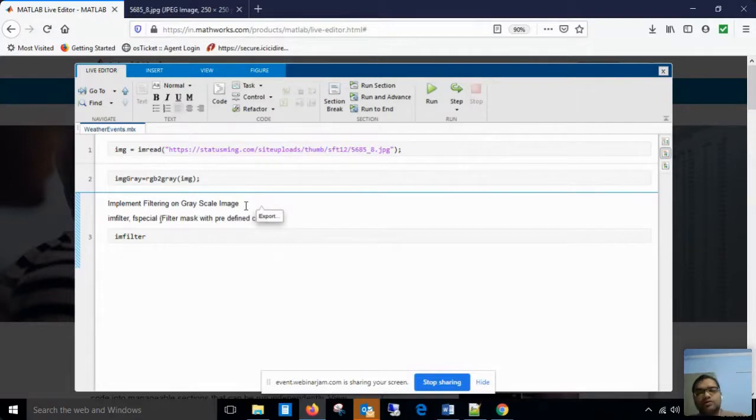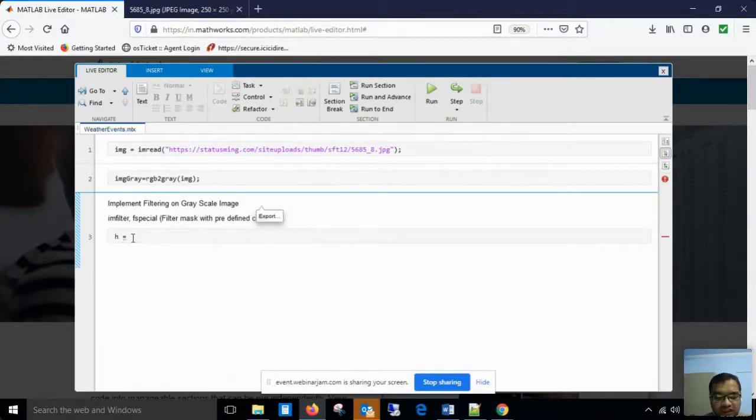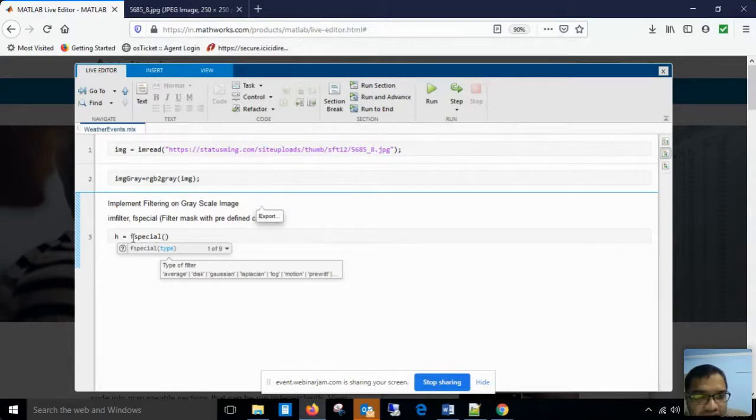So if you want to provide your coefficients, you can also do that, and you can observe the output. How does it look? See what happens. Whenever we talk about a filter in programming, this is represented by a small h. So small h is my filter function, and I use fspecial. When I use fspecial, you can see in the comments in the tips the type of filter I want to apply, whether average filter, disk filter, Laplacian, log, or motion. So these terms are familiar now.